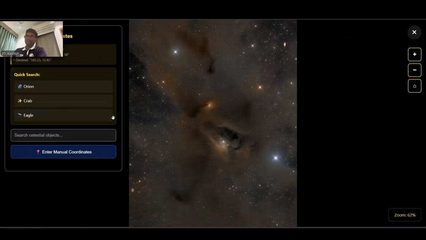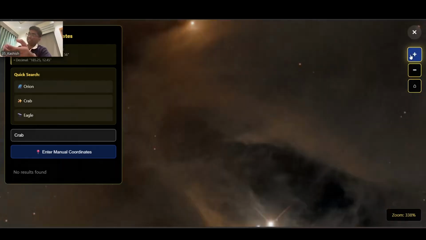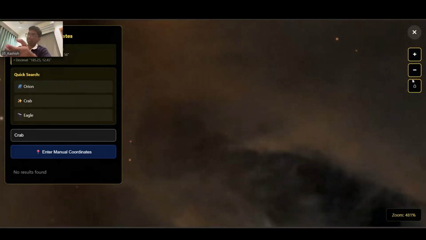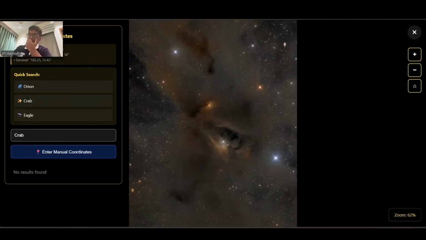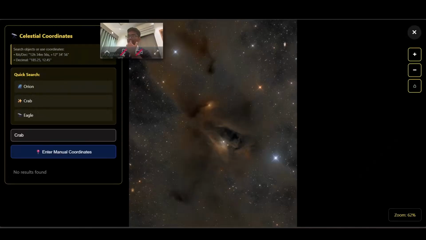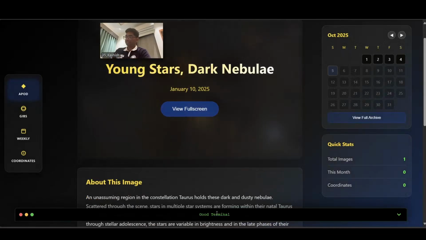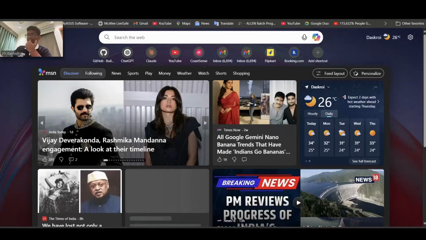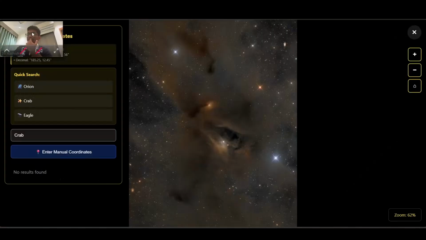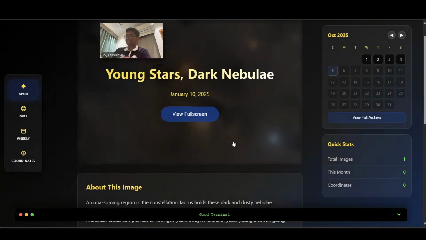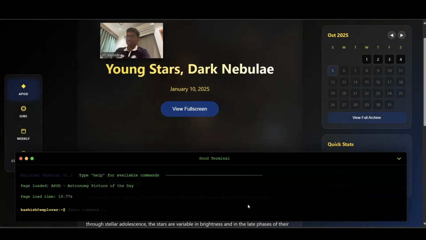If you are seeing this, you can see these images. Now you can just zoom in and zoom out like this. And we have one coordinate system over here, and this one coordinate system over here. So basically what it does, when you use your terminal and type